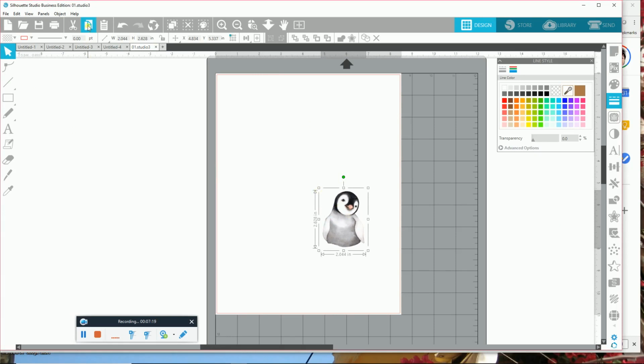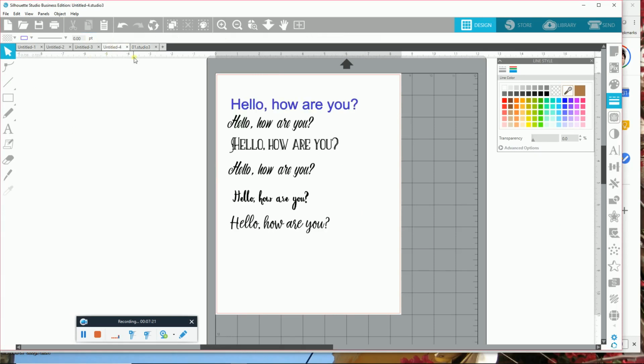So say I wanted to copy this and go back to the one I wanted, and I could hit paste. Okay, so I could put this little penguin on the same sheet, and believe it or not, it would just print exactly as you see it. So you can add anything you want. This is not a cut file. I'm working using Silhouette Studio as a print file. So now